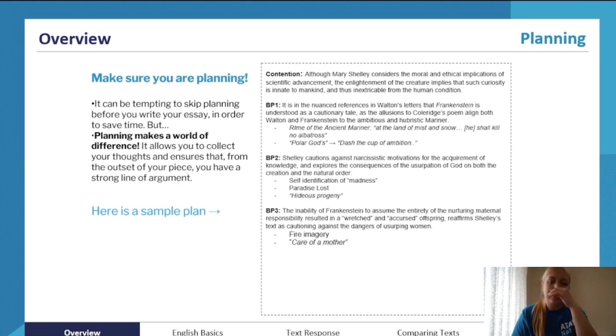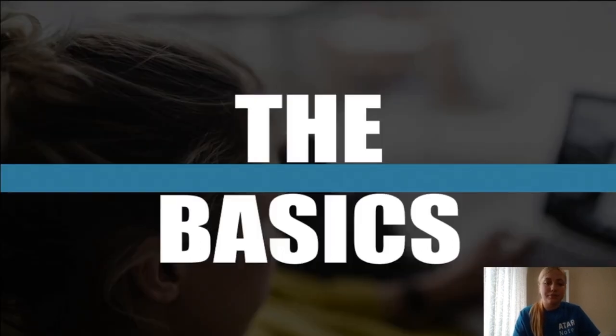So, okay, I want to argue that the theme of something does exist in the text. I want to agree with the prompt. But then, so what? How is the theme presented? Or what are the consequences of that theme being present in the text? What kind of implications does it have to the characters? And these are the kinds of things you need to base your arguments around, answers to these kinds of questions.